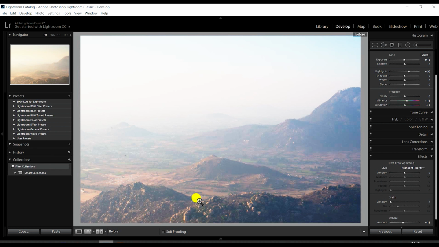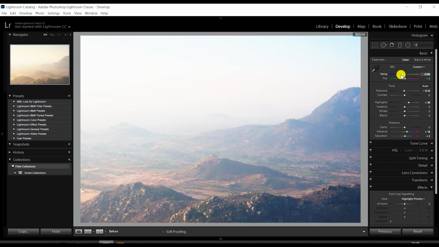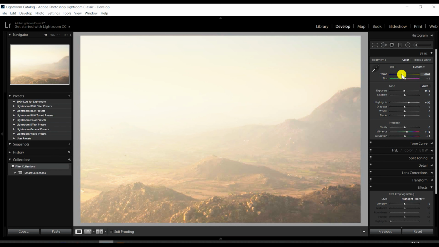So now I'll make a few adjustments. I want to make this image look as though it was captured with full of fog around. So this is already kind of foggy, but I want to add more of a golden hour look. Even though it's golden hour, it doesn't look a bit warm. Usually golden hour photos are kind of warm, so I'll increase the temperature a little bit. As you can see, it instantly increases the temperature and makes the image warmer.